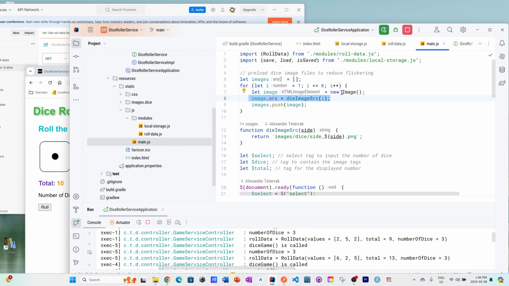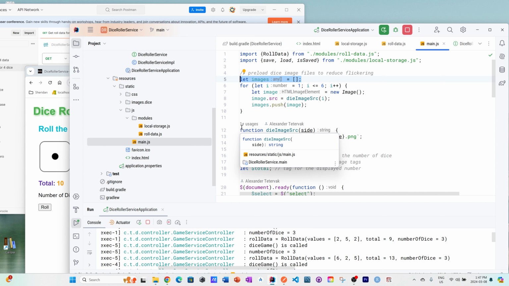Now I want to retrieve not 1 image but 6 of them. So I created a loop, and I need to store these images in an array. Otherwise, garbage collection will happen, and the browser will discard those image objects, and potentially it will discard the preloaded image files. Not necessarily, but it may. So for this reason, I store image objects in the array to keep them not discarded,